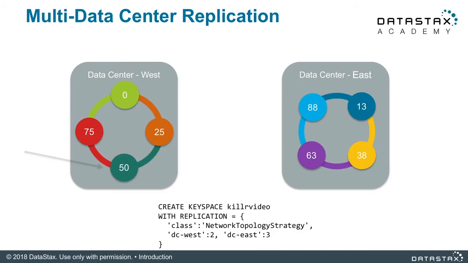For instance, you could change one of these to 0 and not replicate any data to it at all. That is a really interesting way to control things like how your data is replicated in, say, a data protection environment. Say if you can't replicate data into another country, you can control it by changing how you do your replication in your key space. In this example, we have a very simple case where we have 2 data centers and we want to replicate across both of them. Now, how does that work from an application standpoint?